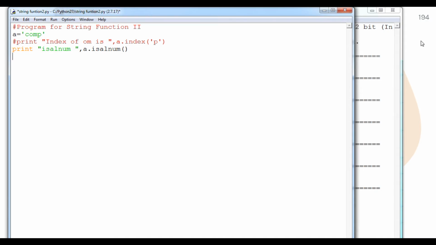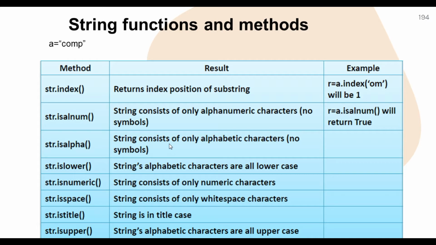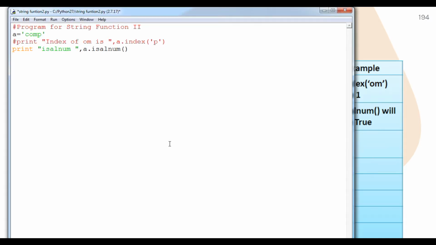Now we are going to talk about the next function, that is isalpha. Suppose here is a print of isalpha.